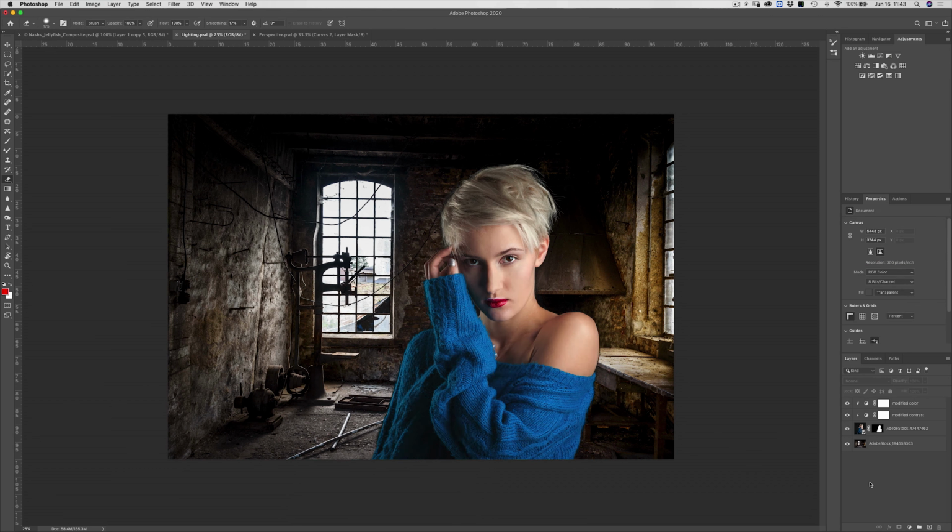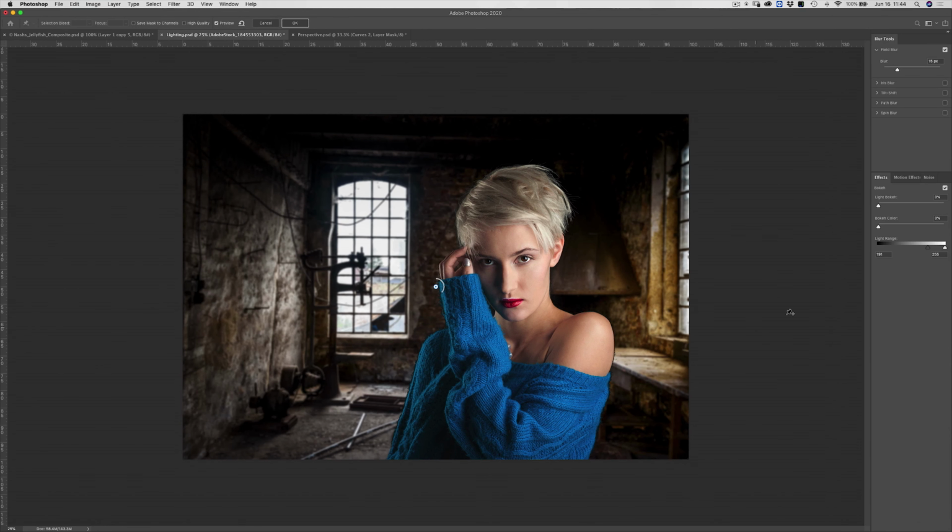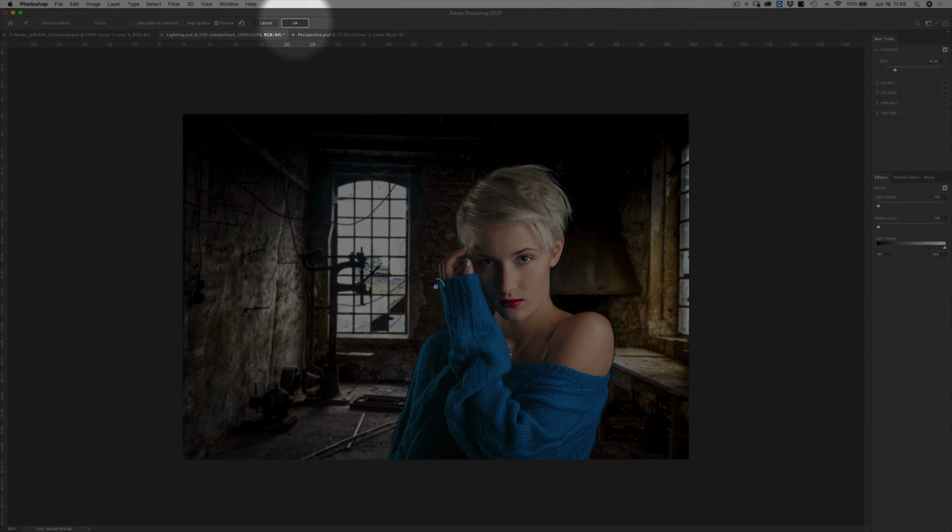There's one last step that I want to do just to make these two images look a little bit more cohesive, and that is to add a little bit of a blur to the background. So in order to do that, I can select my background layer, and from my filter menu, I can choose blur, blur gallery, and choose to add a little bit of a field blur to the background of my image. So we'll just decrease the blur. So we'll do a 10% blur. We're just blurring a little bit of the background, and that looks good. And now we're going to come up here and press OK.